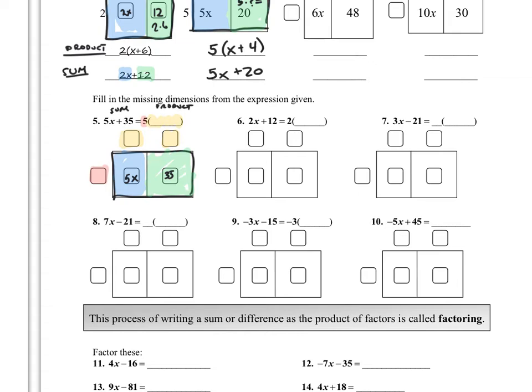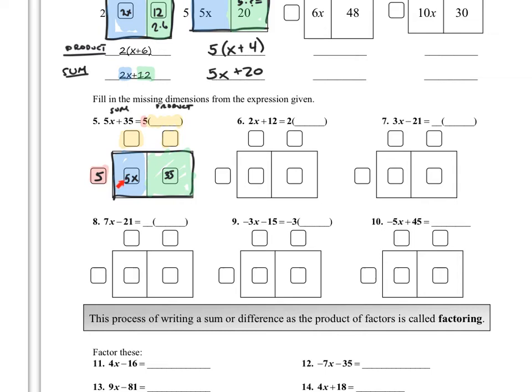And so the point here is that we're going to take the area as sum and we're going to turn it into a multiplication problem with two pieces. And these two pieces, the red piece and the yellow piece, are called factors. So this is a process of splitting this 5x plus 35 expression up into two factors. And we call that process factoring. So, since we know one of the product dimensions is 5, one of our factors is 5,